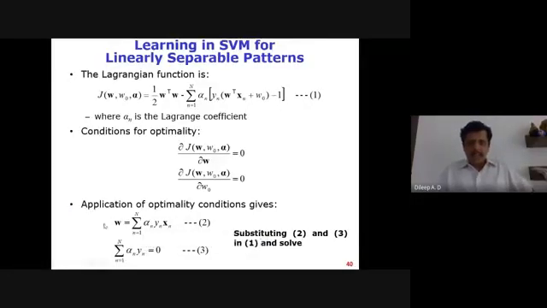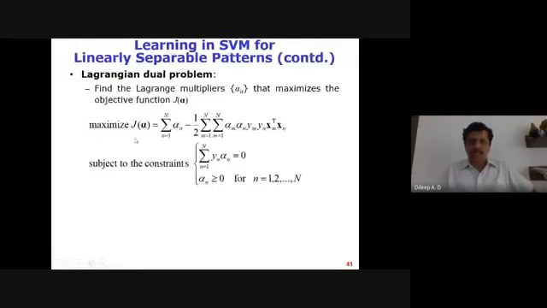Now if I substitute these outcomes back into equation 1 and solve this, I am going to get a new form of the cost function. This is what I'm going to get. Sorry, because of the limitation of time, I am skipping a lot of the mathematics associated with that, but it's good that you work it out. You're going to get this thing, and then such that this condition, I'm going to get it here.